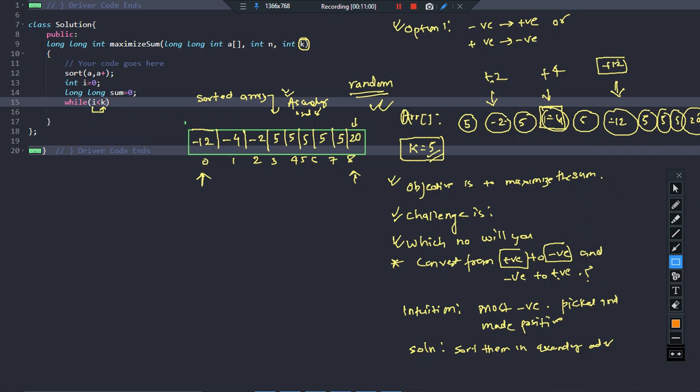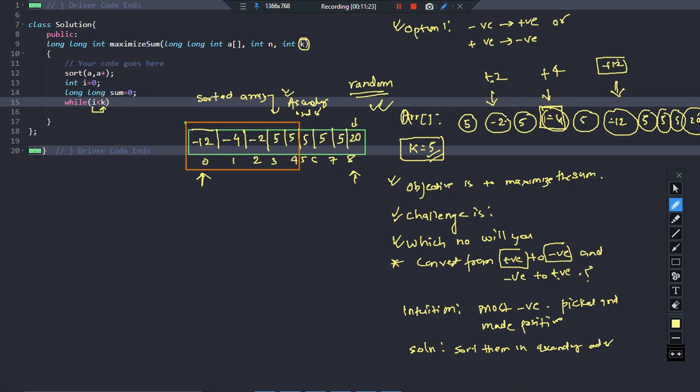So 0 to 4 means from here to here, right? So this is my array. I created a window from i less than k, which means I will be moving from 0 till this position. This is the number of chances that I will be getting.